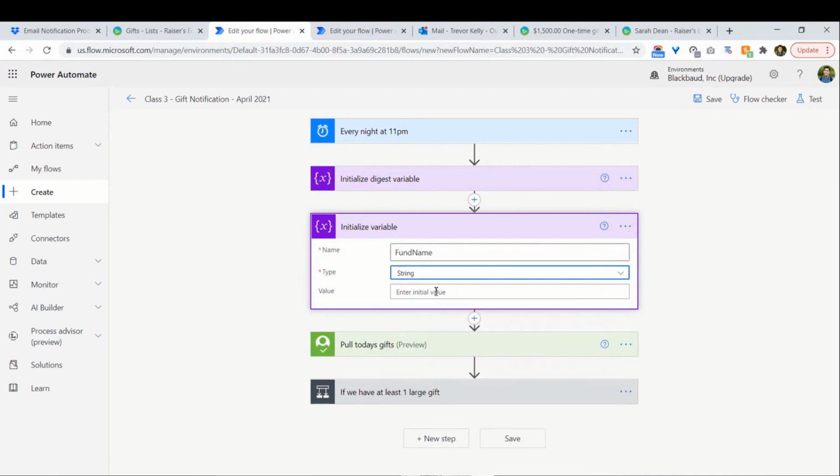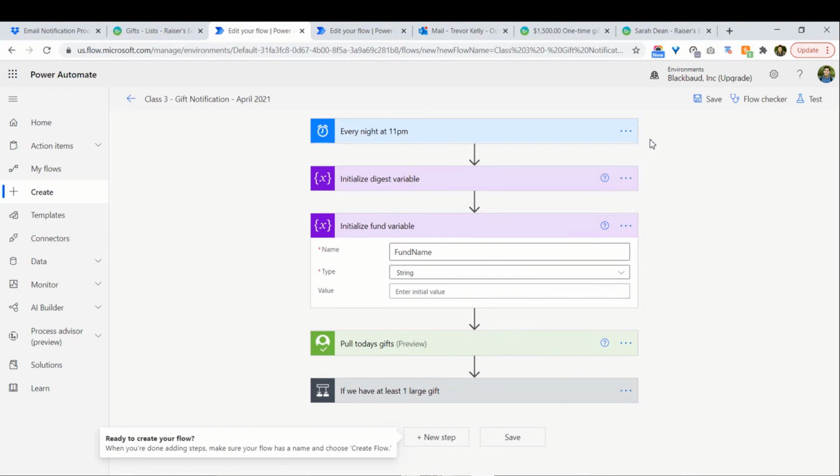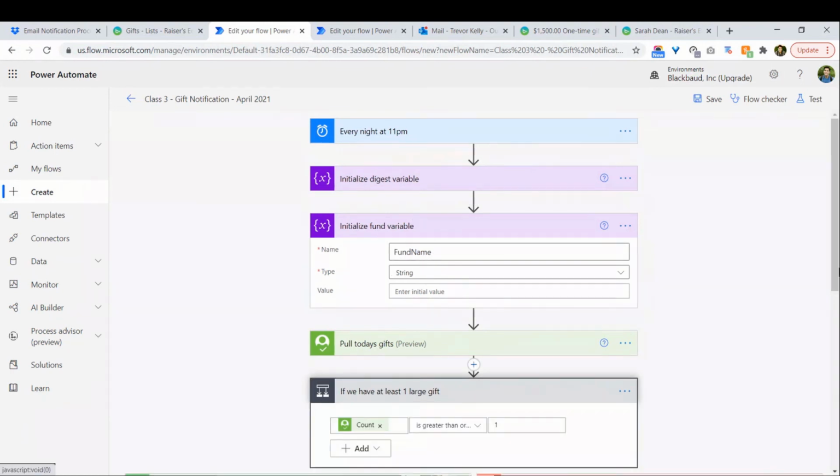So it's blank right now because we haven't done anything yet at this stage. All I'm doing is setting up a placeholder for our fund variable, so that as we're iterating through each of those fund records, we can start to compile what that fund description is going to look like when we actually display it. All right, so we've done that. We've got fund name. Now when I go into my loop